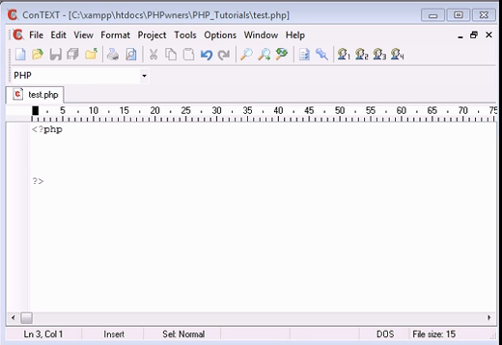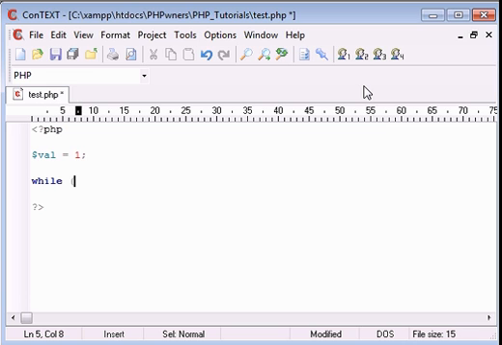So let's get moving. Now what we're basically doing with the while loop is saying while something is true, then we'll run that. But then if it's not true, we won't do that. If that makes sense. So first we're gonna start a variable, we'll call it val for value. We'll say value equals 1. So the syntax for the while loop is while val is less than or equal to, let's say, 10, then we'll put in our curly braces,